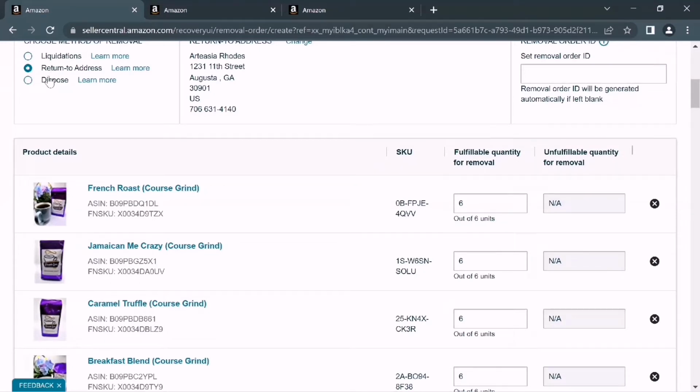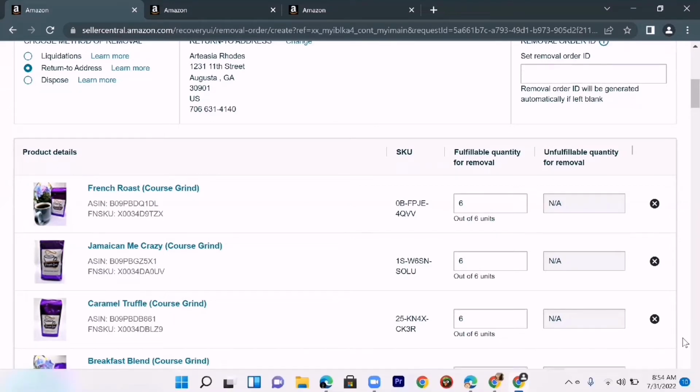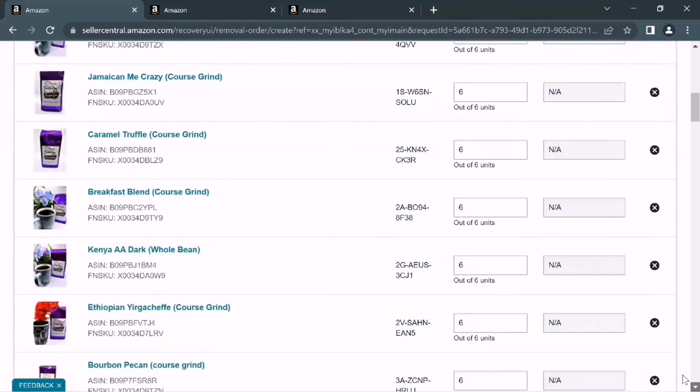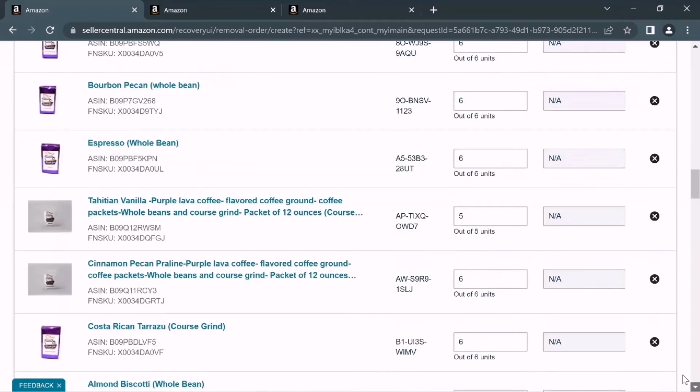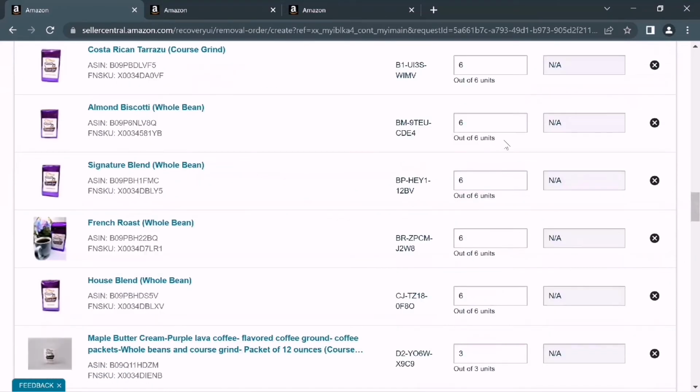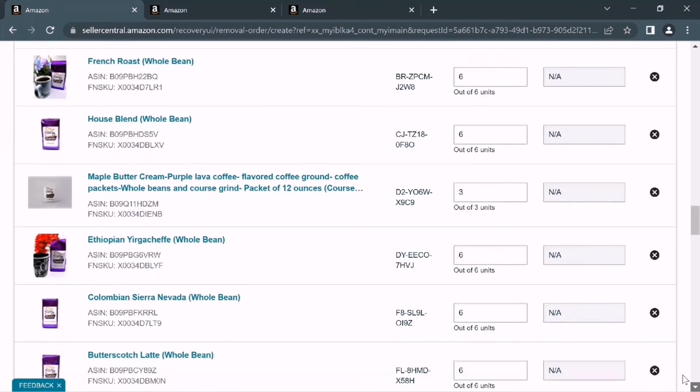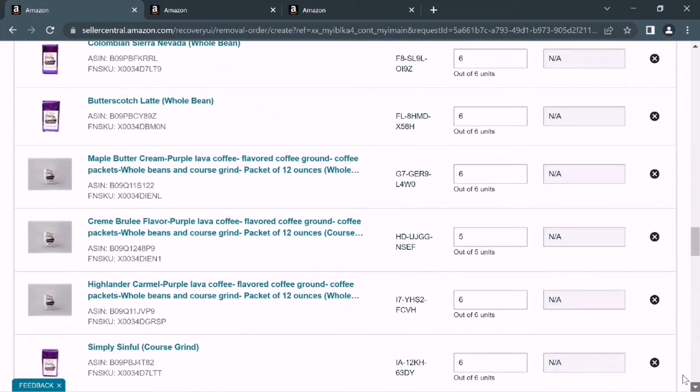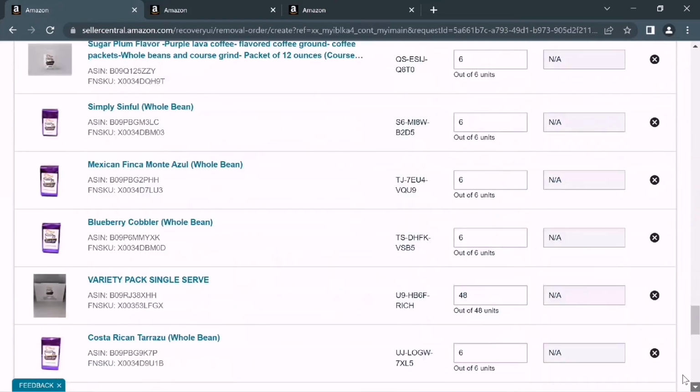Because from my inventory I have only 6 items of the first product, I just selected 6 out of 6, and from the second product I also selected 6 out of 6 because I want to create a removal order for all of my inventory. I just want to get all of the inventory from the Amazon warehouse to my personal warehouse address. So I selected the number of items for which I want to create the removal order, and then just scroll down and